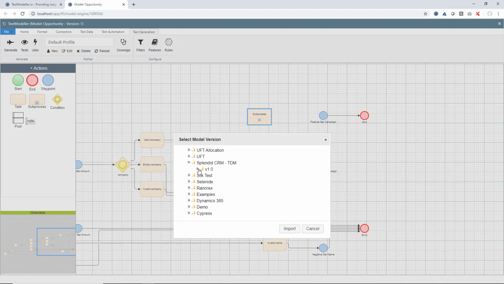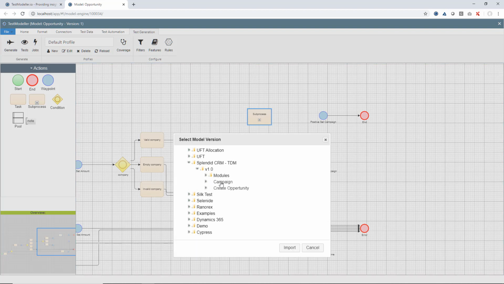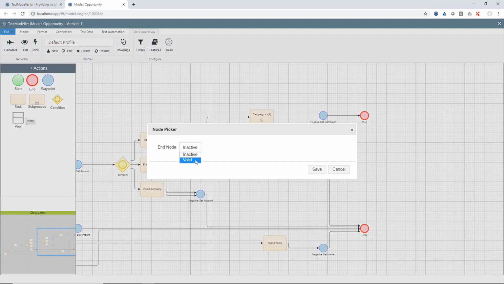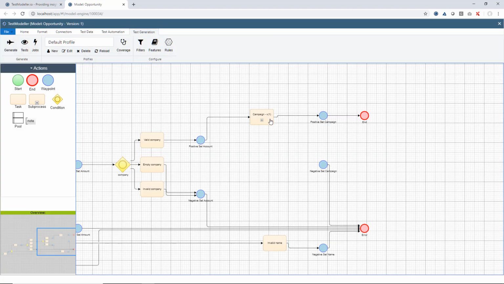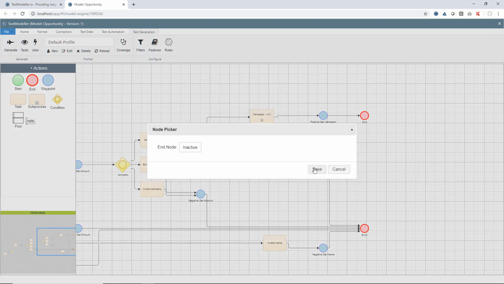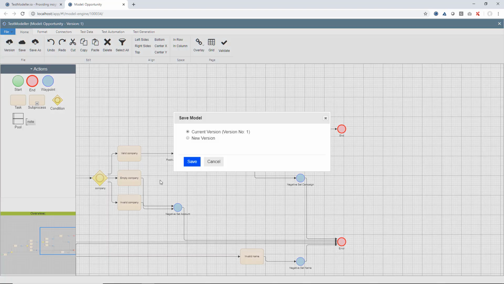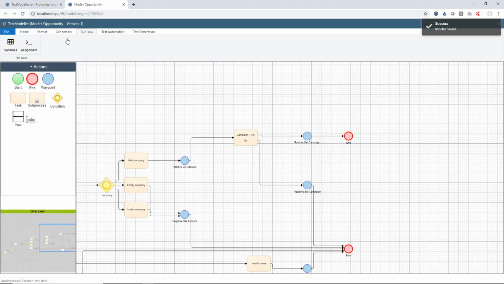We're in our Splendid CRM project, and we're going to embed our campaign model here. We'll click import, and we'll see that model is now embedded inside here, and all we need to do is connect it in. So we'll connect this up as so, and we'll link it in. So our valid campaigns are going to our positive set campaign, and our invalid ones, our inactive ones, are going to our negative one here. Now we'll just perform a quick save, and now what we need to do is go into our test data,